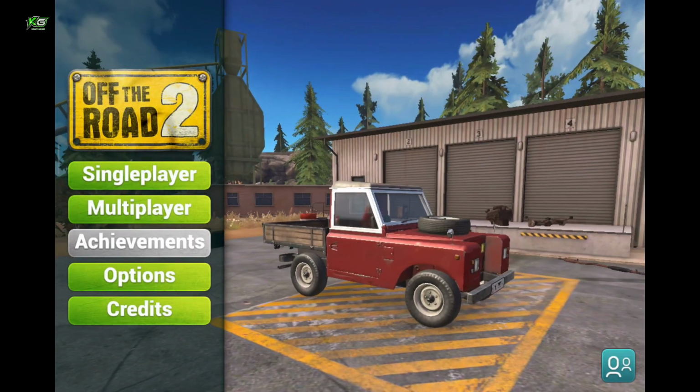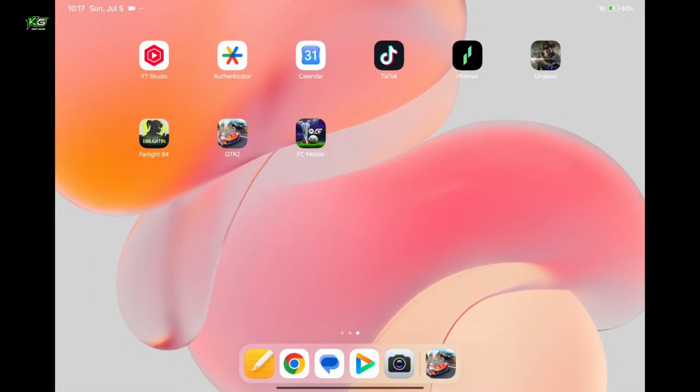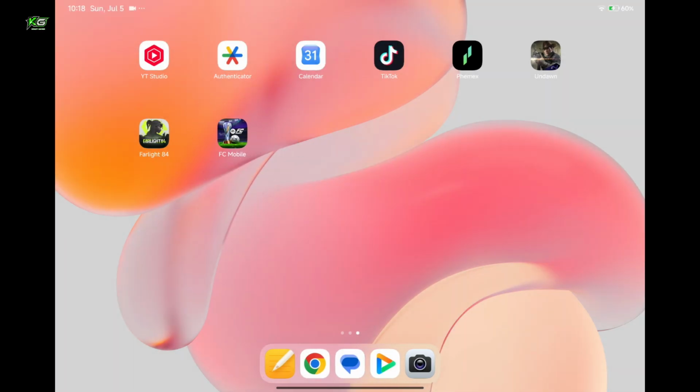So first thing to do is to go ahead and get to the home screen of your device. Press and hold the OTR2 game and you will see this pop up. Click on the trash icon or the delete app icon and tap on uninstall. Once you do that, you will be able to delete the application or uninstall it from your Android device or